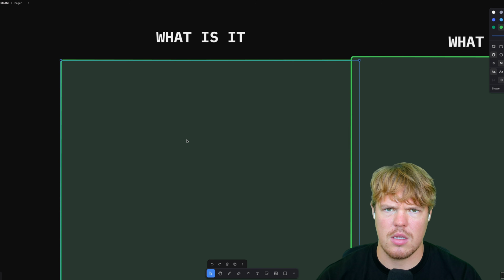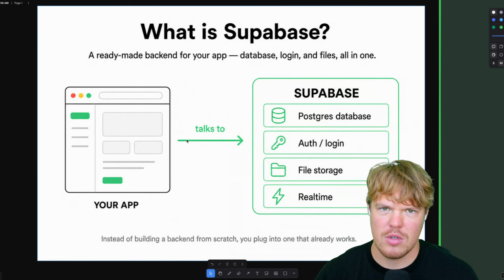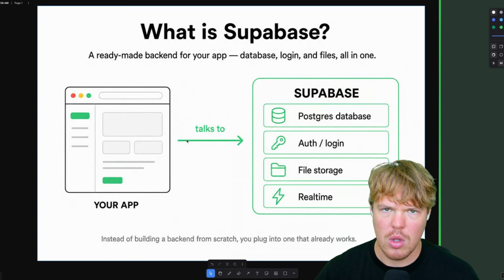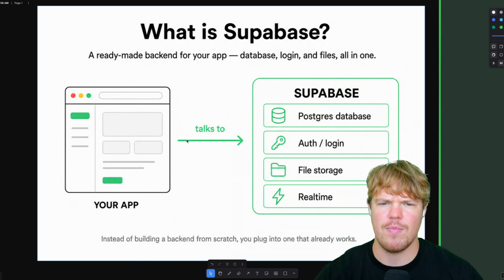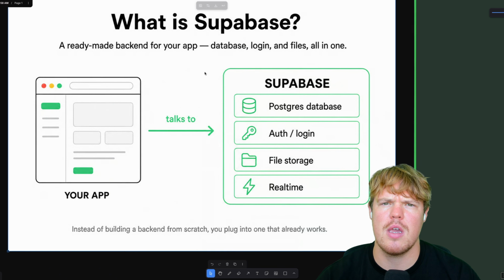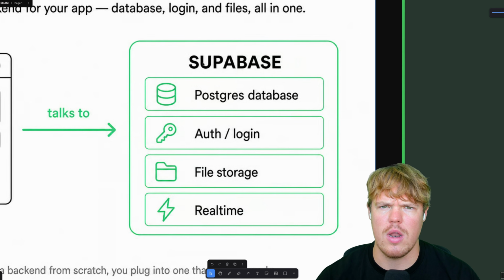Let's take a step back and just understand fundamentally what it is. So you're vibe coding and you're getting to the point of localhost 3000 and you want to share it. You want to make it so that the product is live and Supabase keeps coming up. So the idea behind Supabase is that this is supposed to be your one-stop shop for all things fundamental for